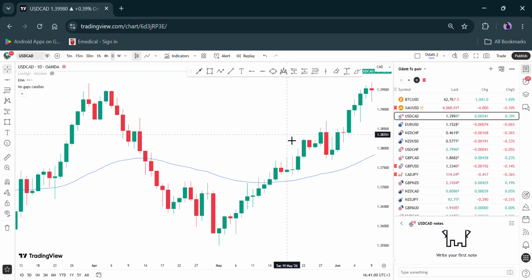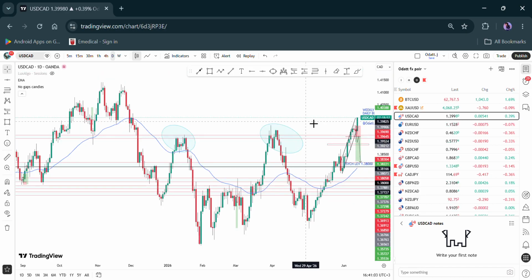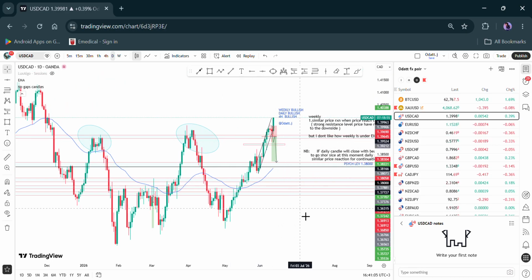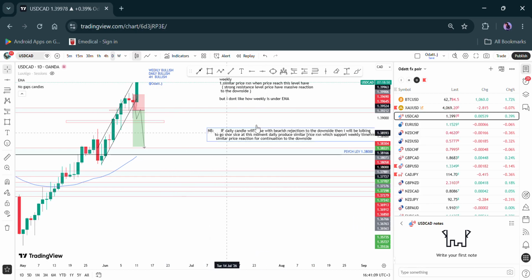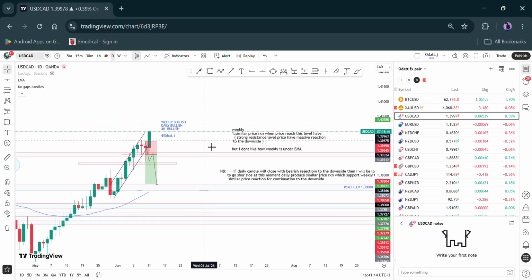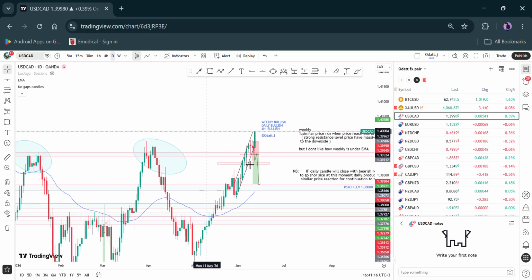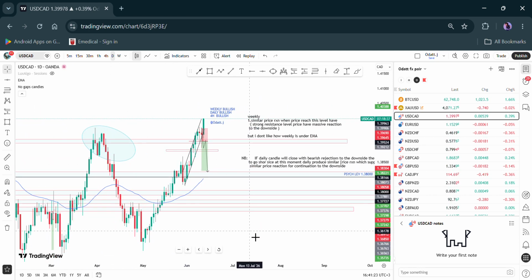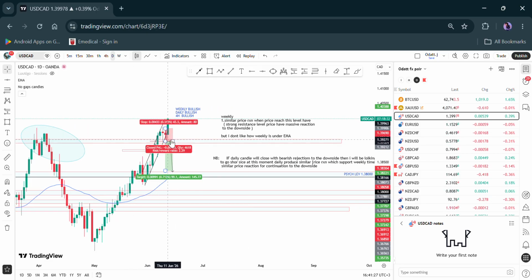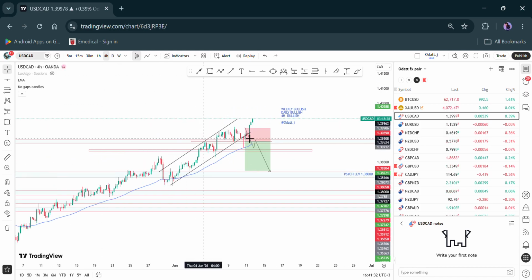So as USD CHF, let's start with last week. Actually, we're looking to take a counter trend to the downside, but we didn't get confirmation. As you can see, this is daily time frame, so we're waiting for the price to have a doji rejection around here to produce similar price reaction, then the market continues to move to the downside, but that move didn't happen. We have doji rejection, like we have two doji rejections around this area, but the price didn't manage to give us a clear entry